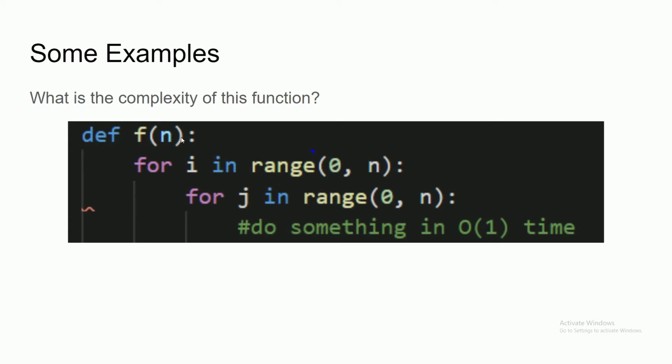And we can see that it runs in polynomial time because for any input size n, we're going to be running this inner code within this inner loop, within the outer loop. This code is going to be run n squared times because it's going to be run n times for every i from 0 to n. So this would run in n squared time,